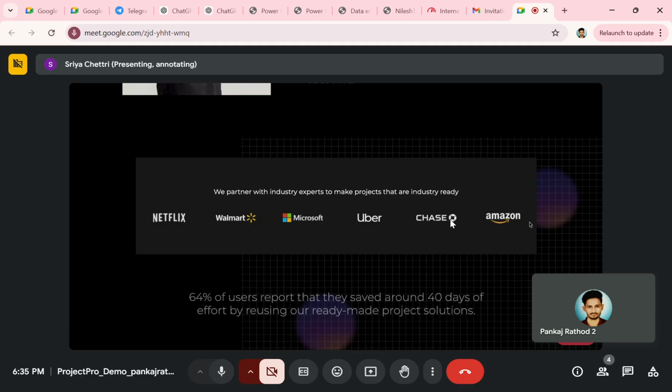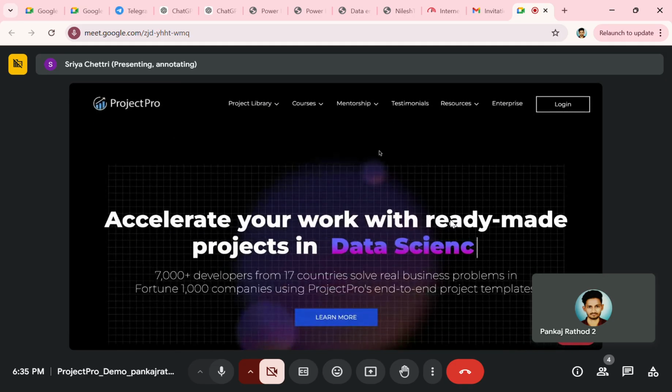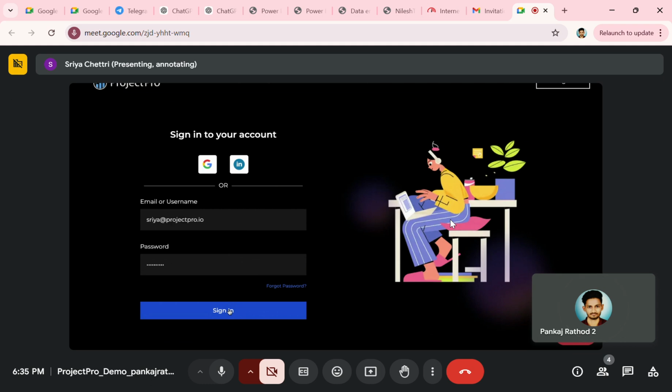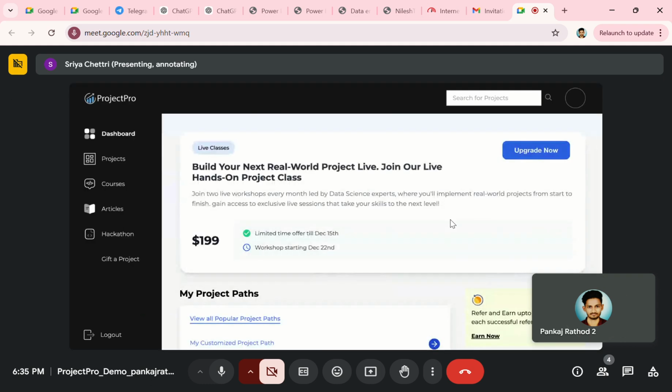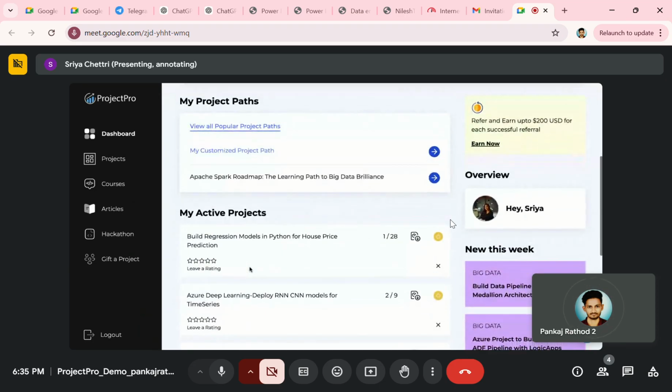Now, let me log into the platform and give you a better idea about what these projects are. You will find projects on various domains like retail, telecommunication, banking, financing, and so on. Once you have logged into the platform, you are navigated to this dashboard page. The very first thing you see here is My Project Path. It's a customizable option wherein you can filter the list of projects as per your requirements. For that, you click on My Customized Project Path, and this takes you to the page